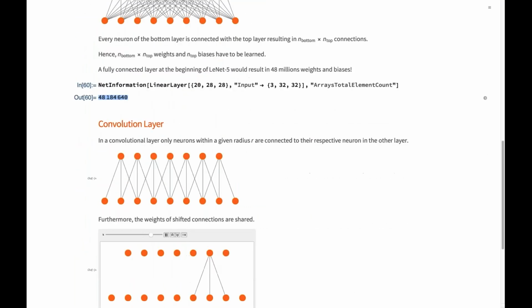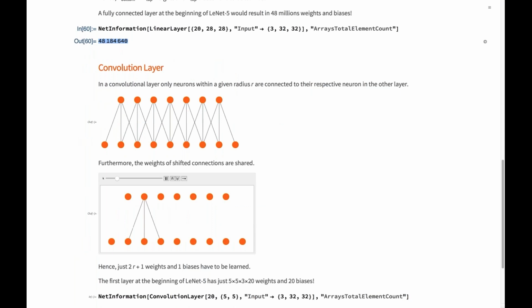So the idea is to cut away weights, and that's done by, first of all, not connecting every neuron to every neuron, but only connecting neurons in a certain neighborhood given by a radius to the following neurons. So you have a pattern like this, which greatly reduces the number of links. But furthermore, you assume that all the links, this link, this, and this link, have the same weights as the next triple of links in this case.